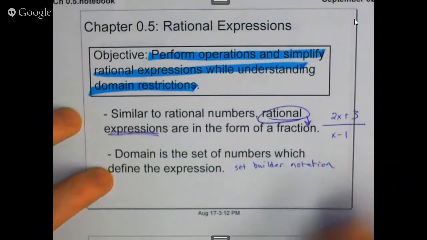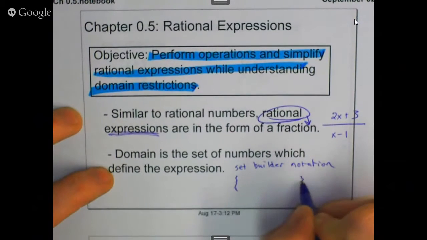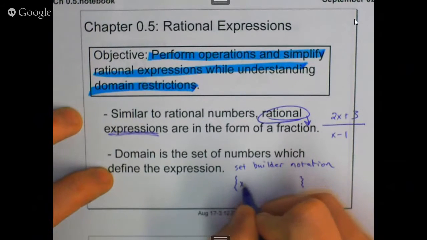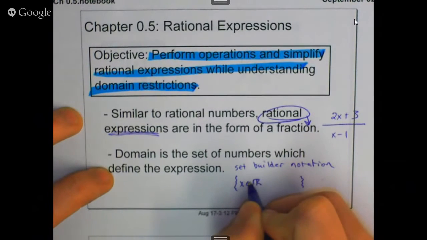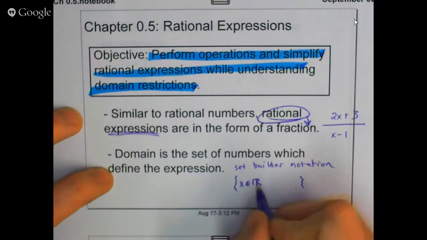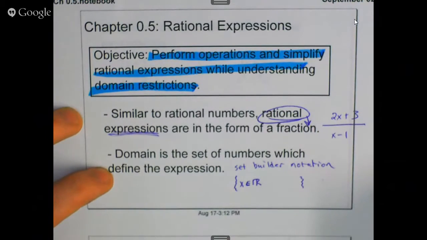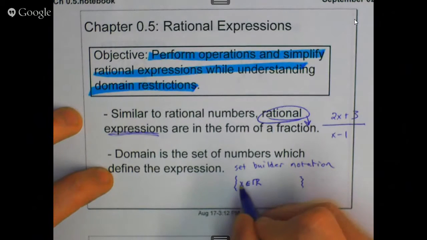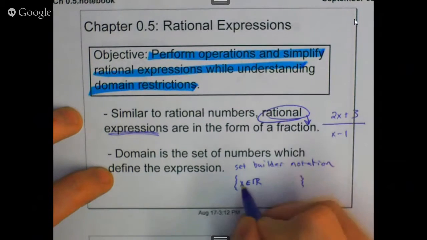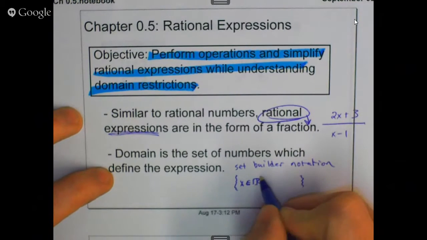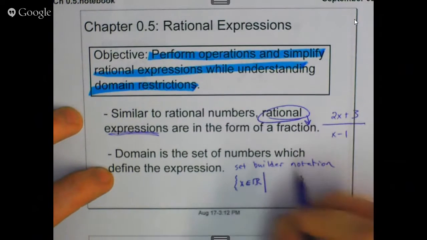Okay, and that's in the form, we got a set of numbers, and we always say that x is an element of your reals. This is a little e right there. And this is kind of like your paragraph symbol, but instead of a p, it's an r. So this and this could be whatever variable we have in there. This tells us that our variable to start off with is any real number, such that,